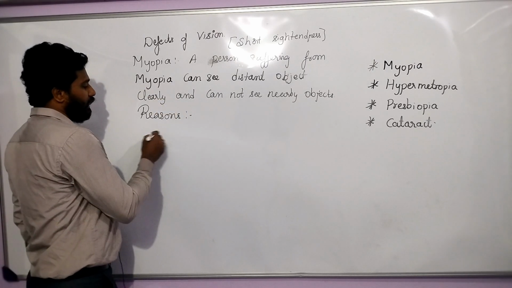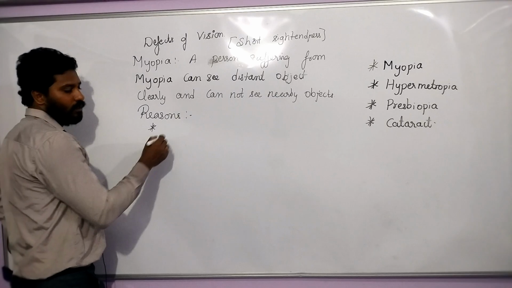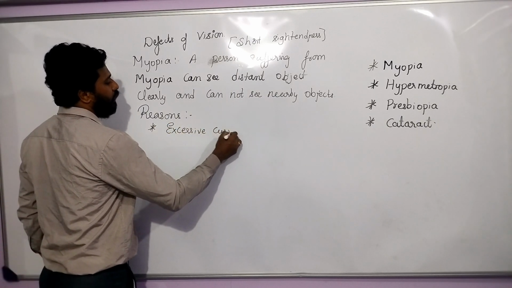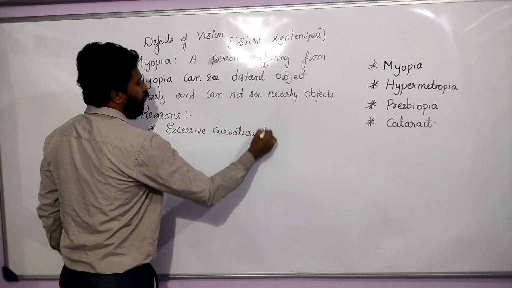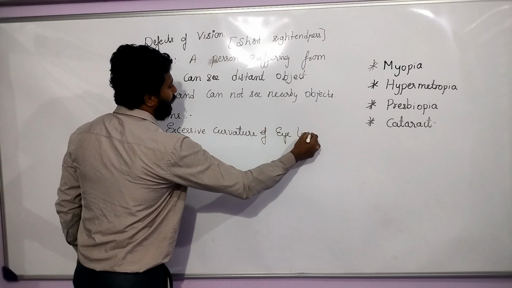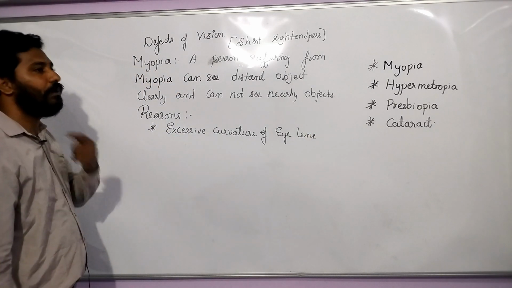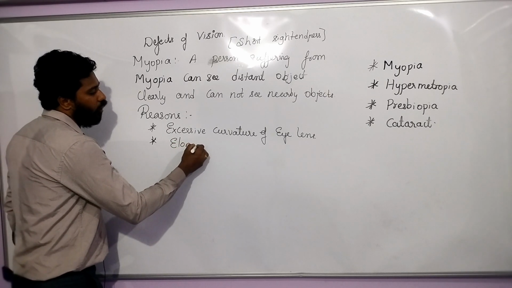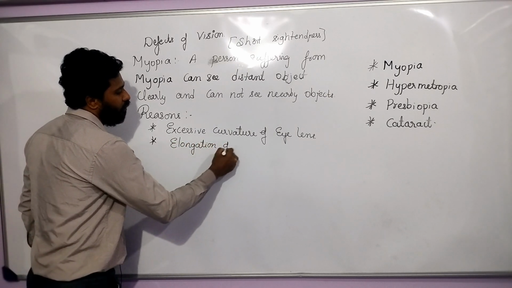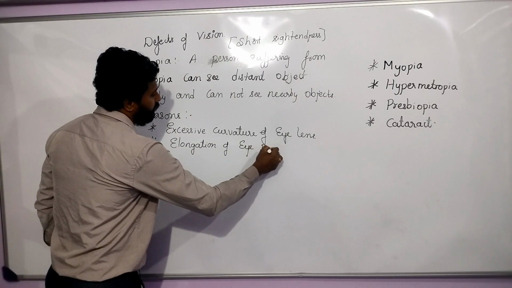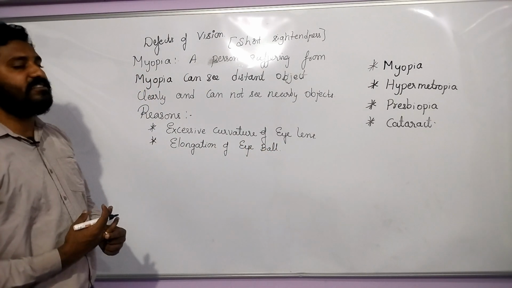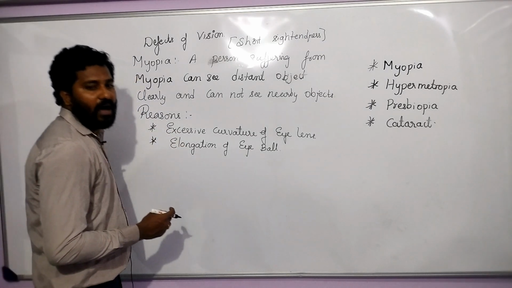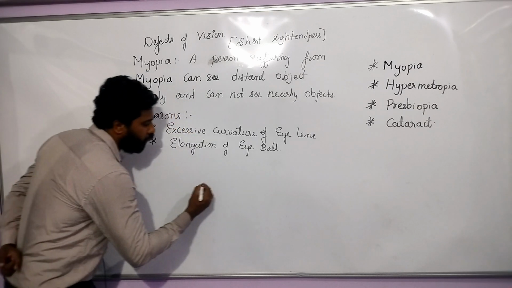The main important reasons are excessive curvature of the eye lens and elongation of the eyeball. Very important reasons. So excessive curvature of the eye lens means, for a normal person,